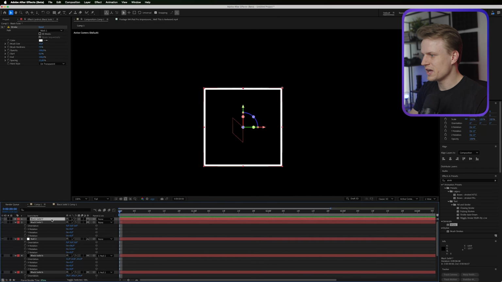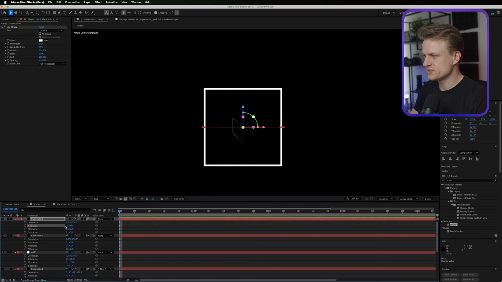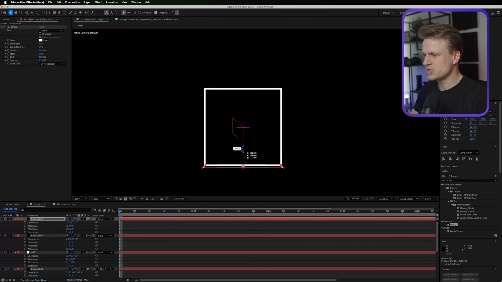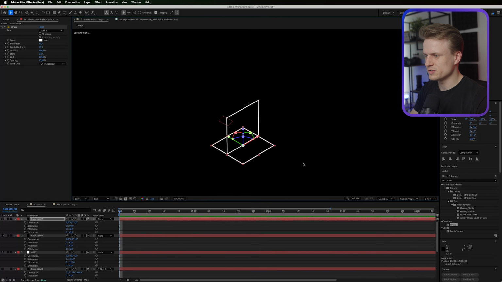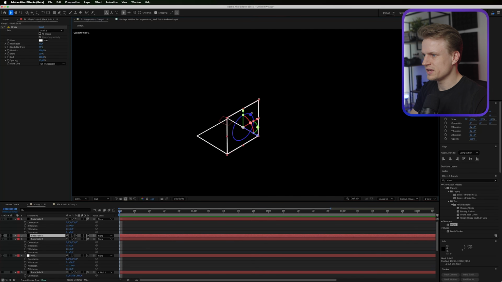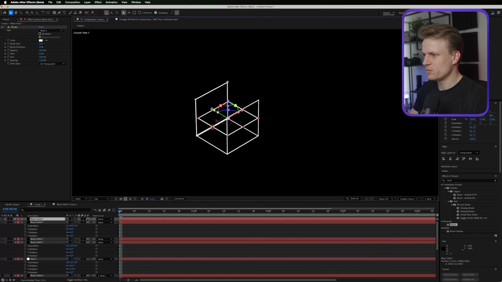We can just duplicate it and rotate it -90 on the x-axis. And then you can move it down. It should snap, as you can see. And for this, I like to be in a custom view because we can see like a side view. And then you can just move it however you want. And as you can see, if you just move it from the center, it will basically snap in place. We can just duplicate this, move it to the other side, also make it snap, duplicate the bottom one, also